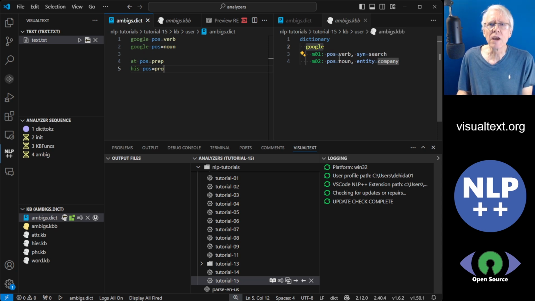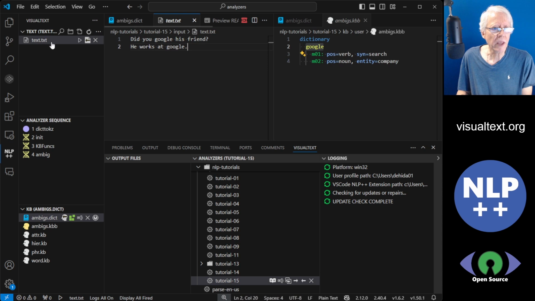Now, this can be anything. This part of speech is here, and we're going to be using it because almost every part of ambiguity is going to deal with the part of speech. That's one of the ways we can find which part of speech a word is in a particular context. Okay, so now let's take a look at the text again and our